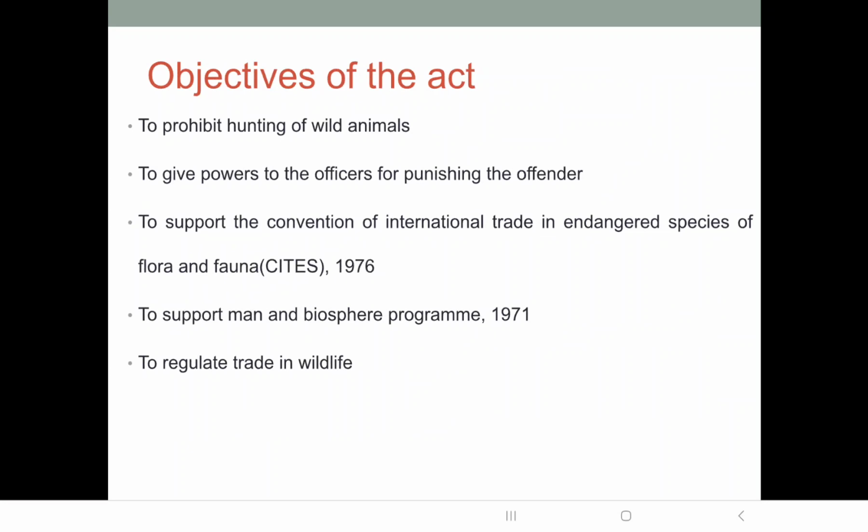Okay, I told you poaching and hunting is prohibited. Why? Because animals are poached to obtain parts of their body, like the horns and the teeth, and then the skin of the animal. All of that is not permitted. Here the powers to punish are given to the officers. Also it supports certain conventions, CITES is one of them, the Man and Biosphere program, and to regulate the trade in